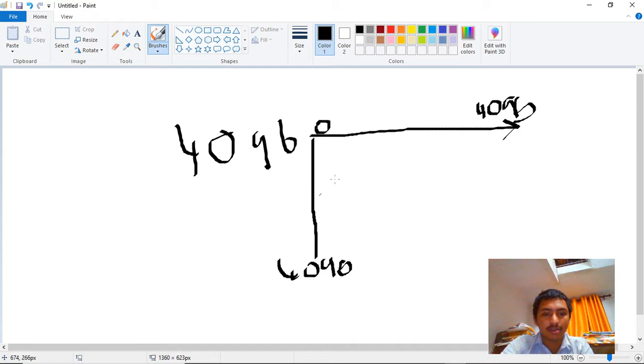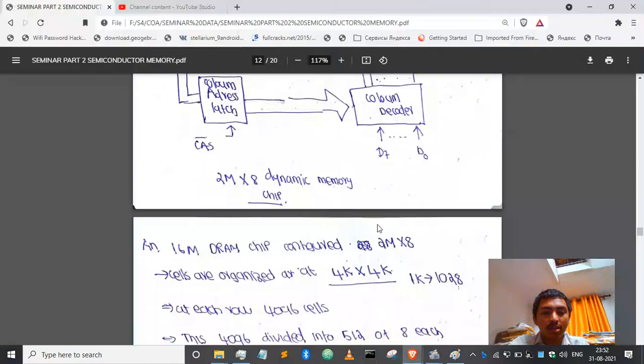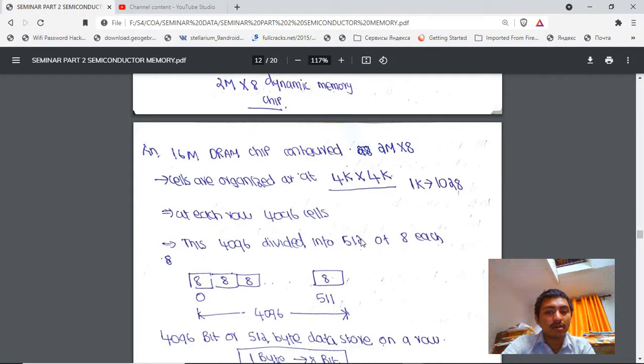So there will be 4096 words, and each word will have 4096 bits. Here we are talking about bits, and that's a thing we should remember. We are talking about bits. There are 4096 bits, which are divided into groups of 8.